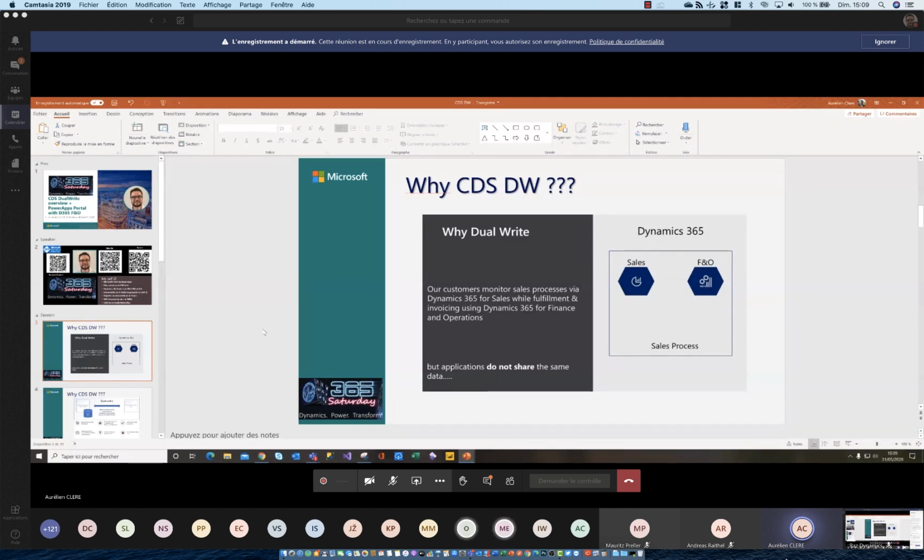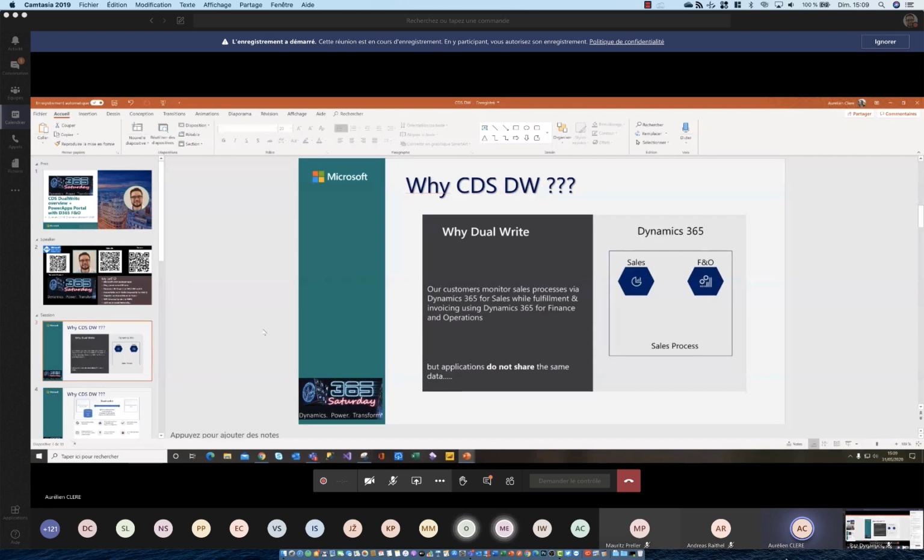But still, I think it's very important, because now in the ecosystem you can have the CRM, your ERP, your field service, your customer service, every app of Dynamics 365, and on behalf of that, you have the CDS, your own database. You will see that the Power Platform is really integrated with the CDS first. I've done in the past an integration between AX 2012 and CRM 2013, I think.